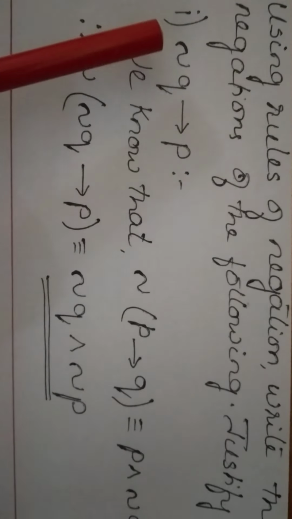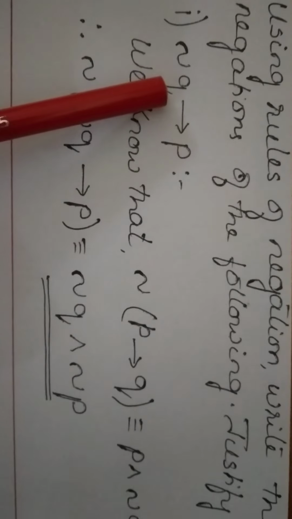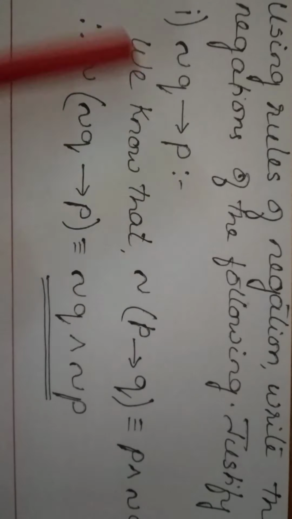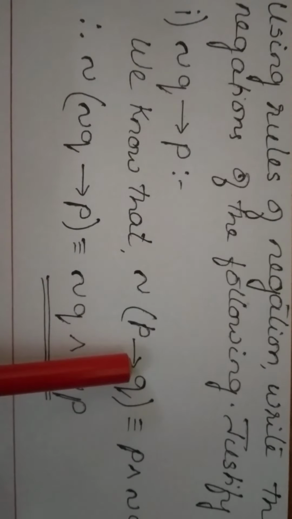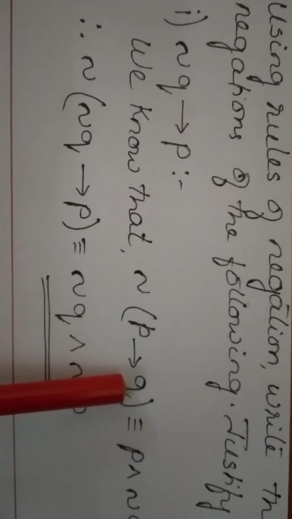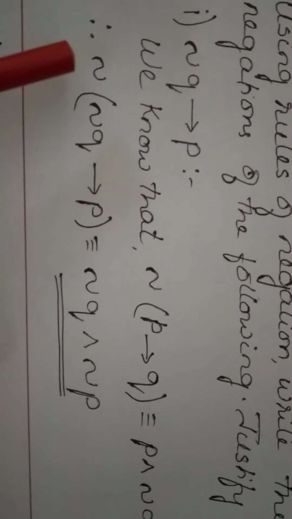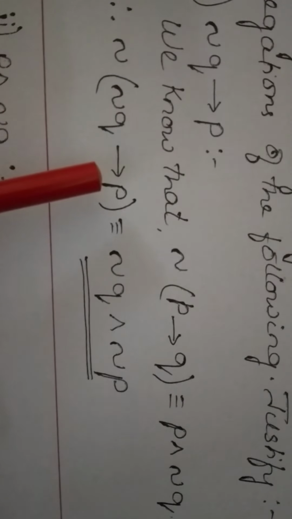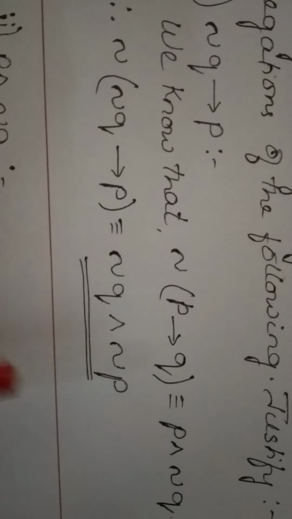The first question, find the negation of not P, if not Q then P. Now we know that the negation of an implication, that is the negation of if P then Q, is P and not Q. Therefore, the negation of if not Q then P is given as not Q and not P. The second question,